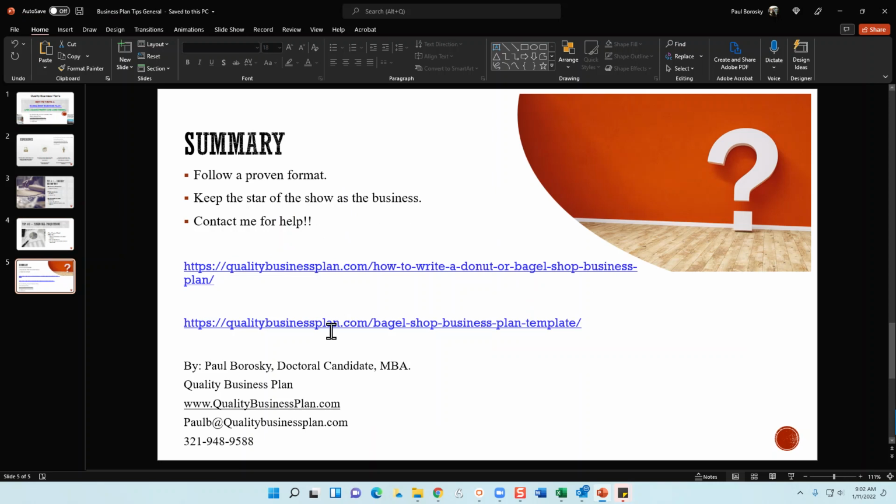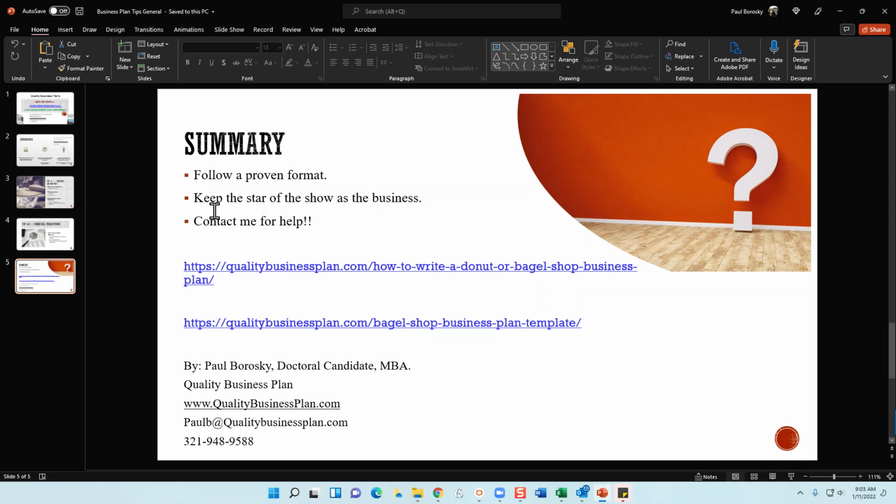when you're writing up your business plan, make sure to follow a proven format. If you go to the SBA website and download their business plan template, what you're going to find is that template is good for a donut or bagel shop, as well as for a restaurant, a lawn care company, a manufacturer, and a car dealership. So it's a real general model. You have to figure out what you need and what you don't need that is aligned with the bagel shop industry. So it can take you a little bit of time to figure that out. Oftentimes, it's better to use a business plan template that's more aligned with your industry.